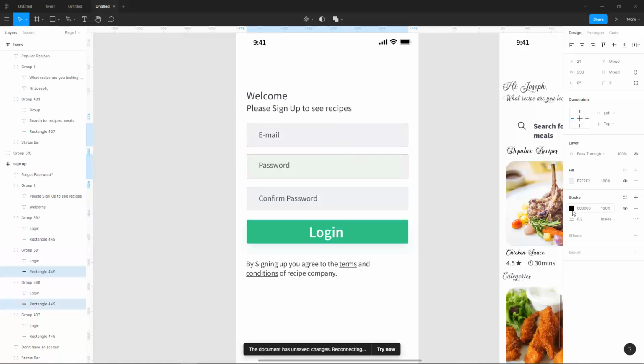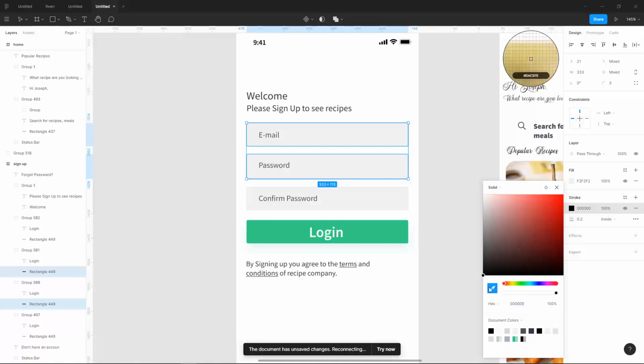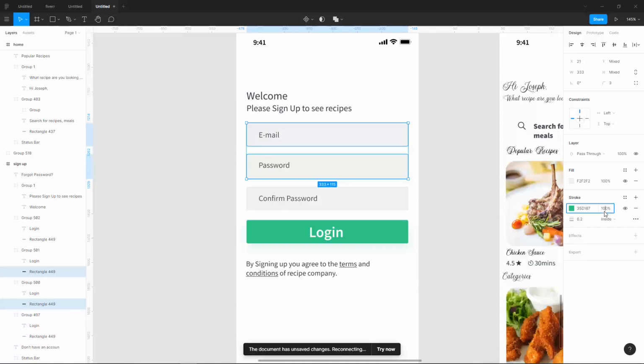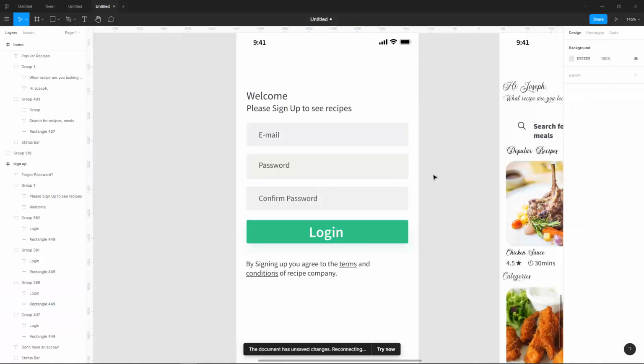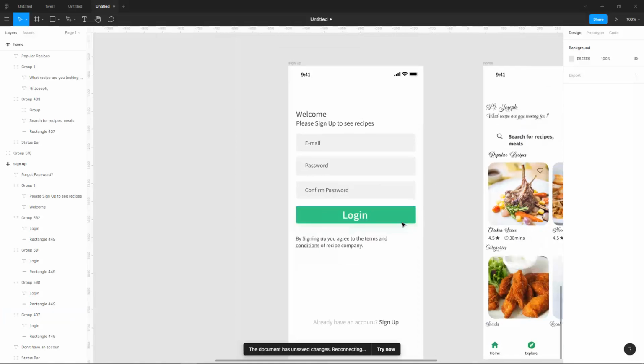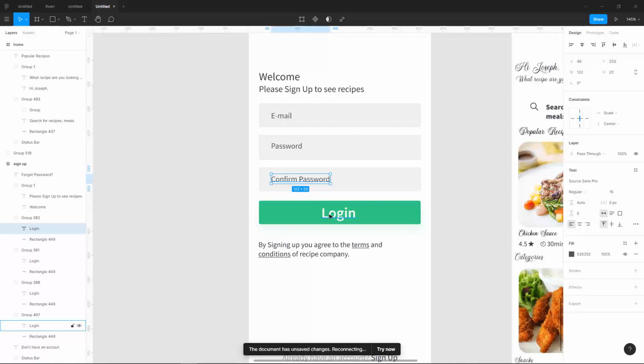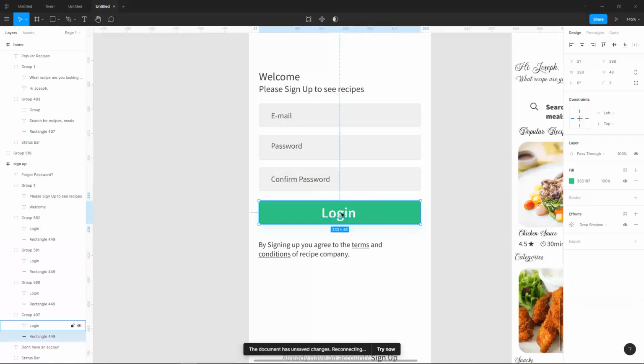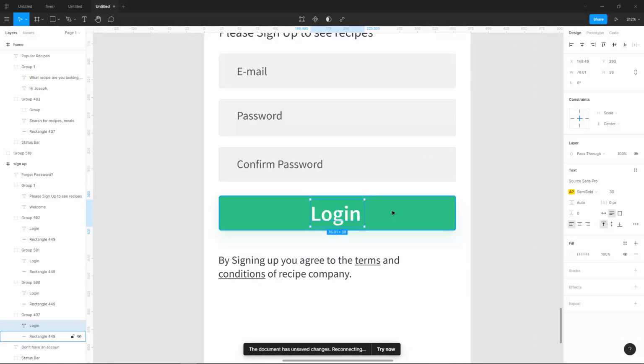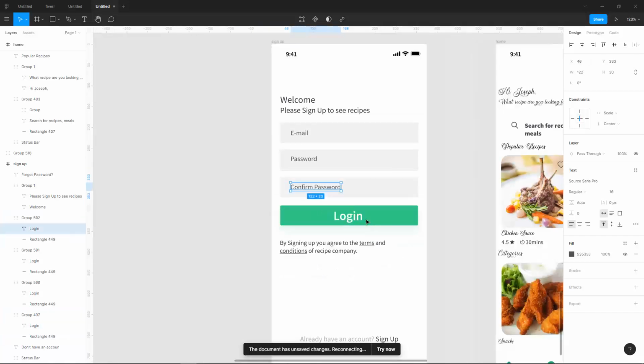With the stroke, let's steal this color. Let's reduce the opacity to like 40 so it complements each other. Now this looks a whole lot better. Now repetition, this and this, it's not the same. Now this is maybe to emphasize the call to action button, but it's easy for me to spot out